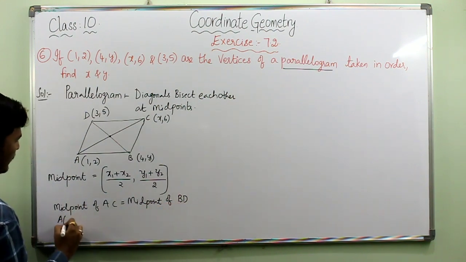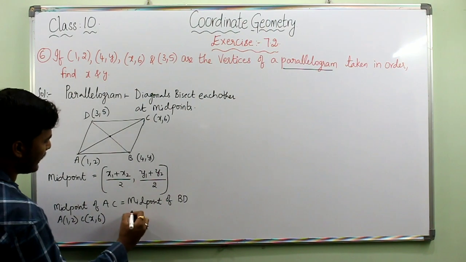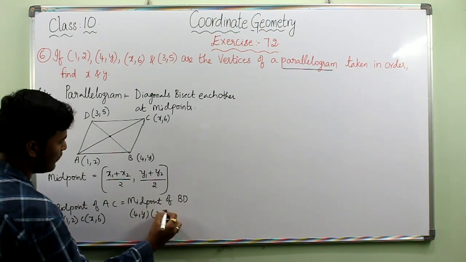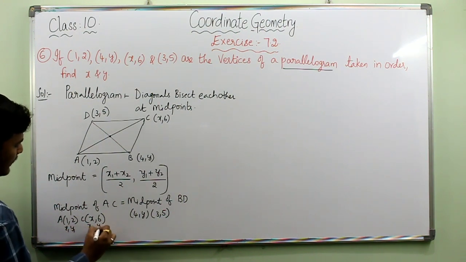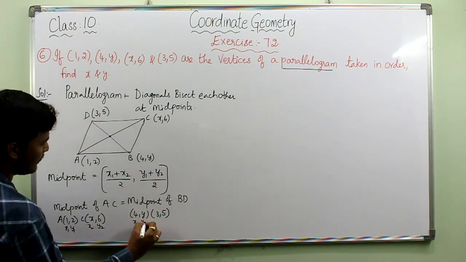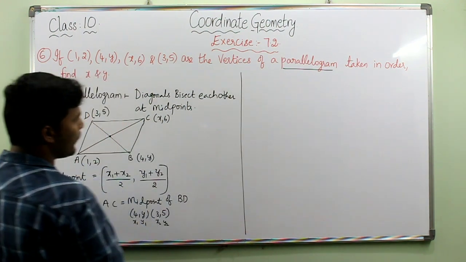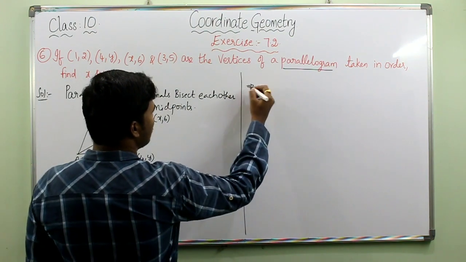So the point A here is (1, 2) and C is (x, 6), and here B is (4, y) and D is (3, 5). Let us name them as x1 y1, x2 y2, x1 y1, x2 y2. Let us apply the midpoint formula simultaneously, then we get